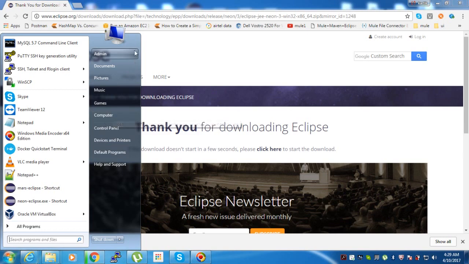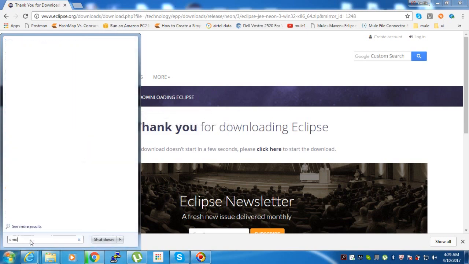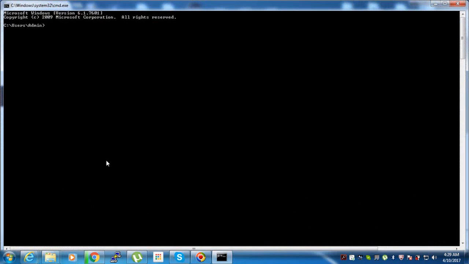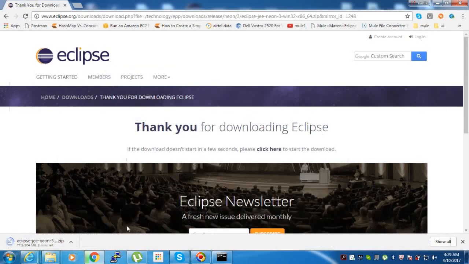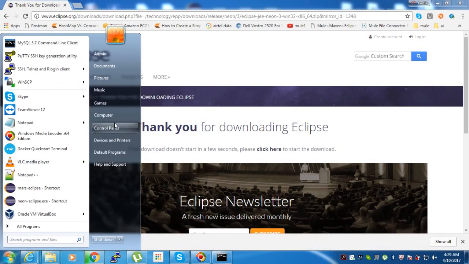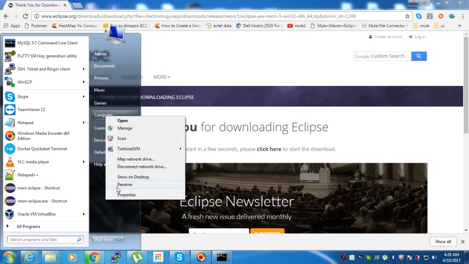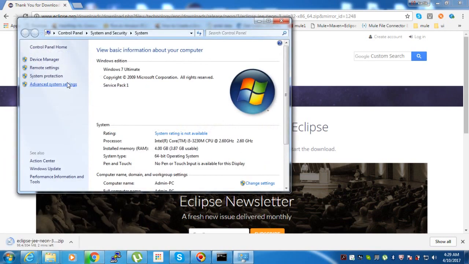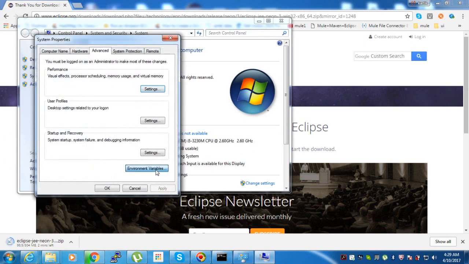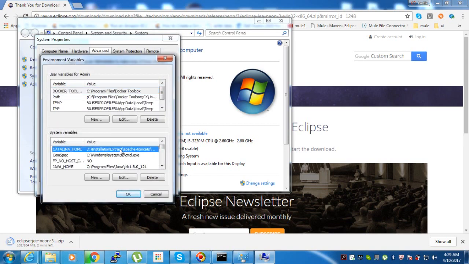So friends, I am opening a command prompt, cmd, and I am checking whether Java is installed in my machine or not. I type Java, and we can see we are getting some output which confirms the Java installation. Now let me go to the environment variables by right clicking on Computer, Properties, Advanced system settings, and here I have one variable, JAVA_HOME.